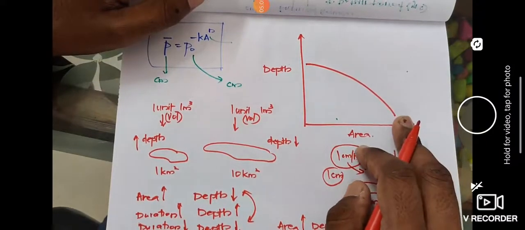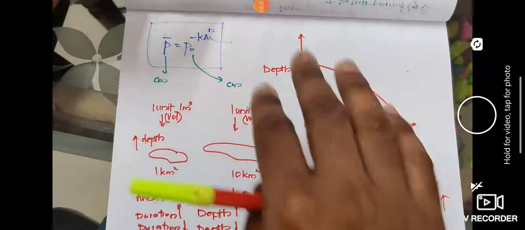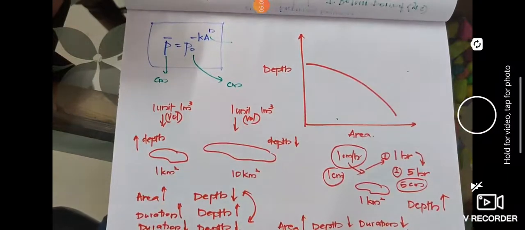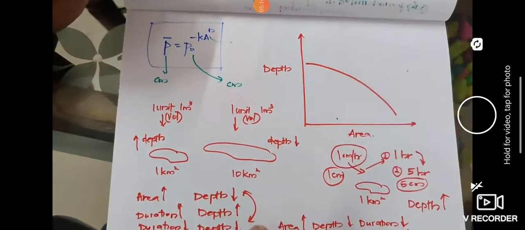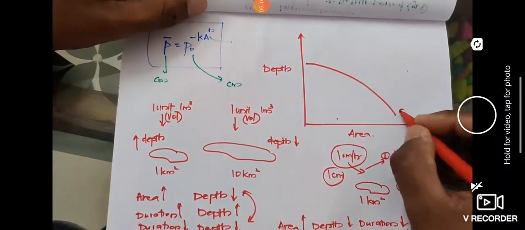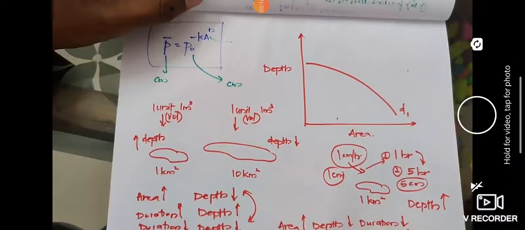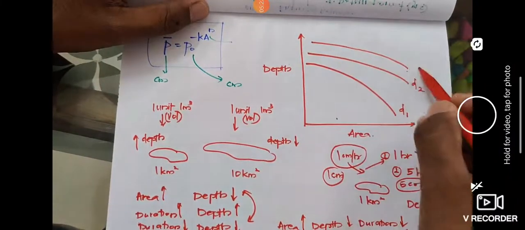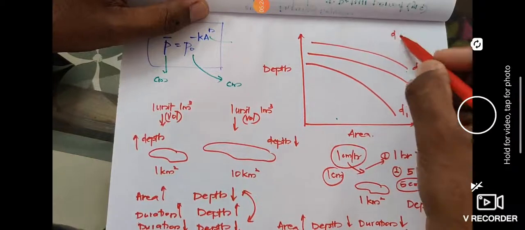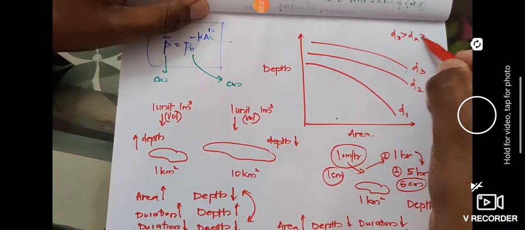So earlier we have seen IDF, it was varying like this. That typical shape is coming because of the actual nature. Here it is with a convexity upwards. The shape of this is upwards. So this is for a particular duration D1. Now for another duration D2, it will be like this. So it will be varying like this for a D3. This will be D3 more than D2 more than D1.